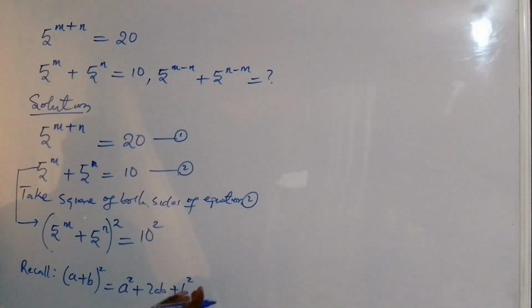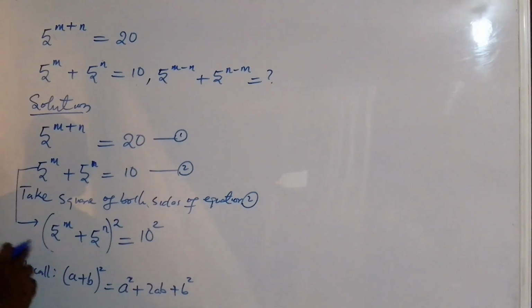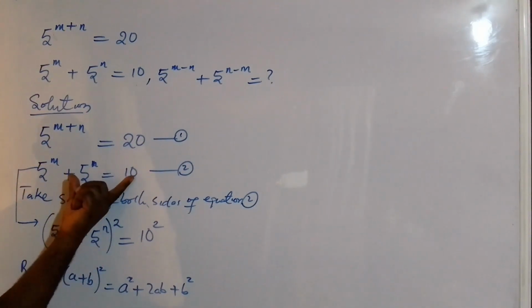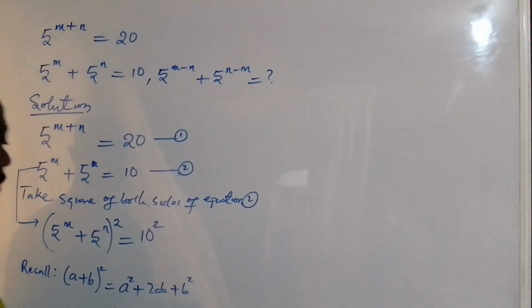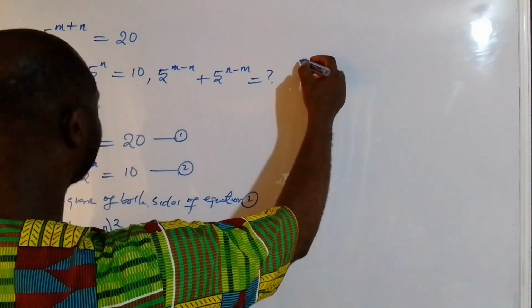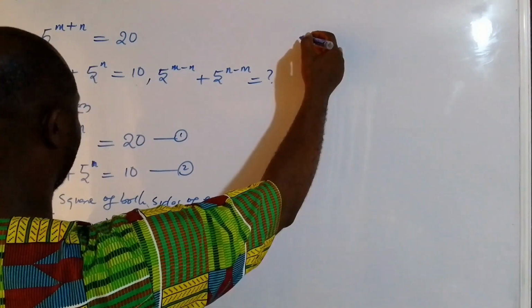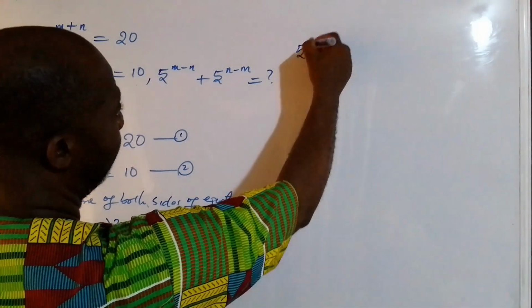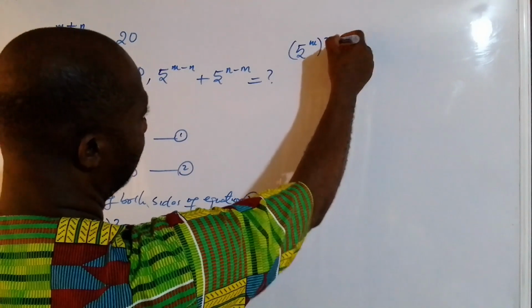Now I apply this to the left hand side of the squared second equation, so the left hand side will transform to 5 to the power of m squared plus